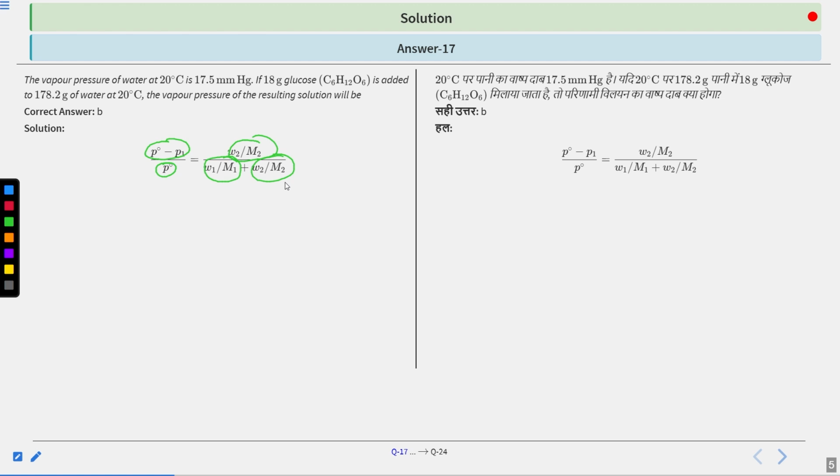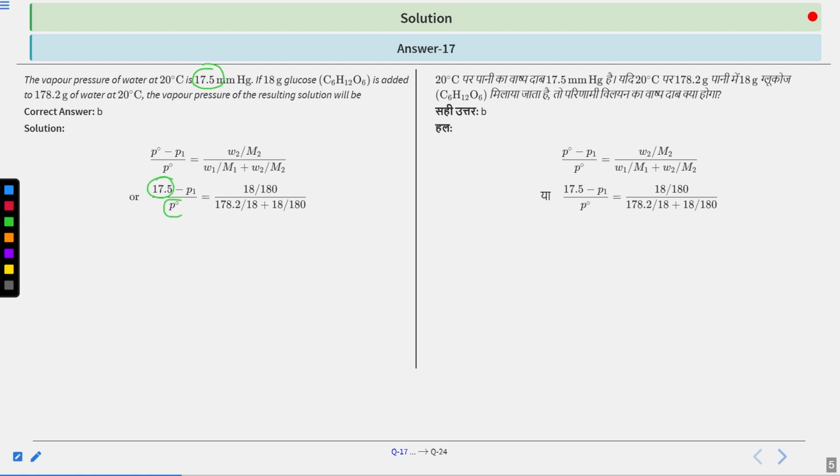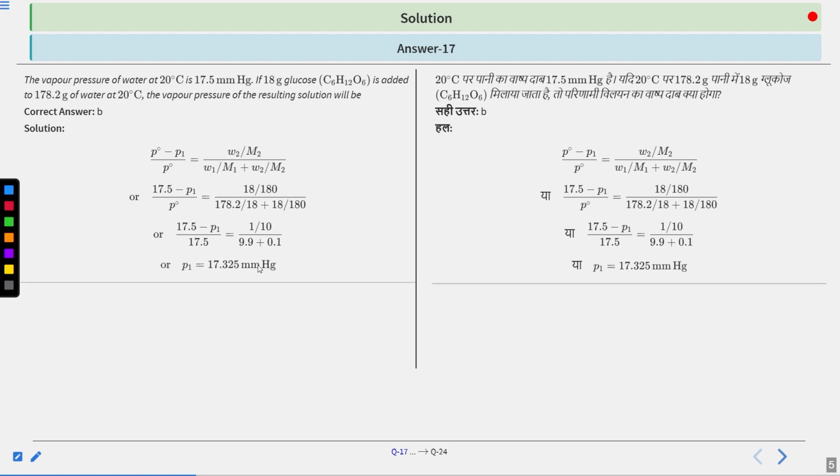Now putting the values here, we know that for the pure solvent it is 17.5. Later on you can substitute 17.5 here also, and you have to calculate P1. Further, we know that 18 gram is there, and 178.2 grams of water. So we have put this here also. Now we have substituted P naught with 17.5. Now we calculate this further, which will give you 17.325 mm of Hg as your correct answer,